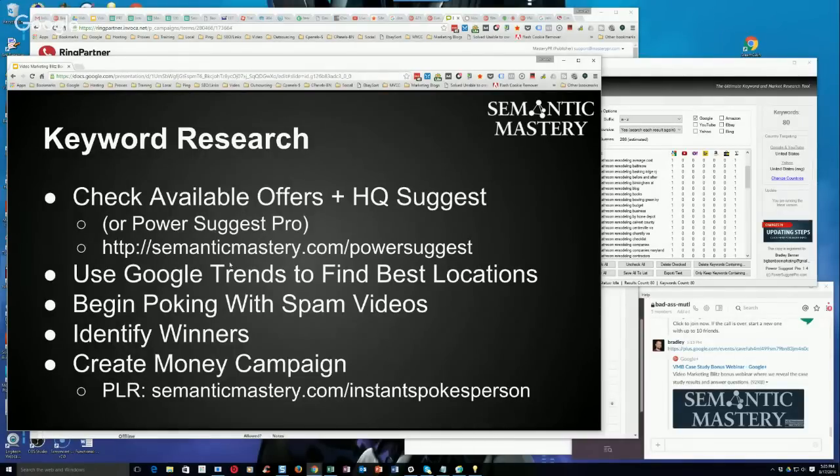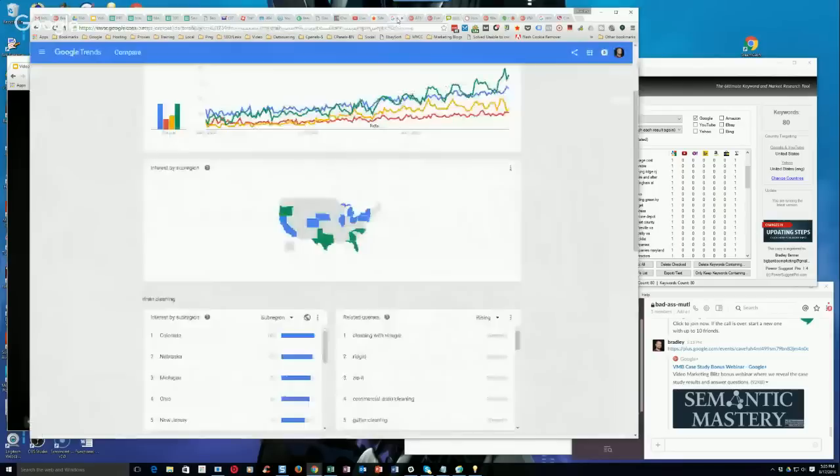But with this method, like I said, I want to see that the vast majority of search queries have local intent for the keywords that I'm thinking about promoting. Then I go to Google Trends to determine which areas to target first. That's what I'm going to use Trends for with this type of campaign, to determine which locations are the best for me to target first with my campaigns. Let me explain what I mean by that. We're going to go over to